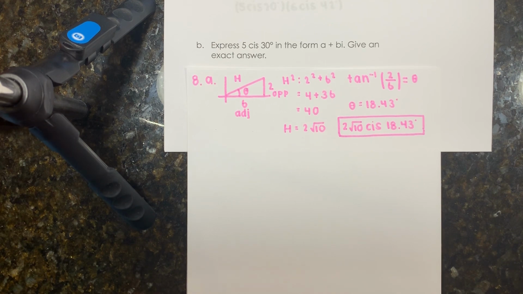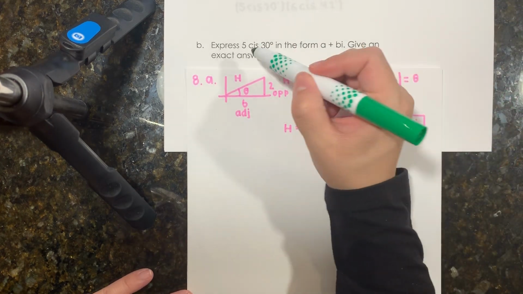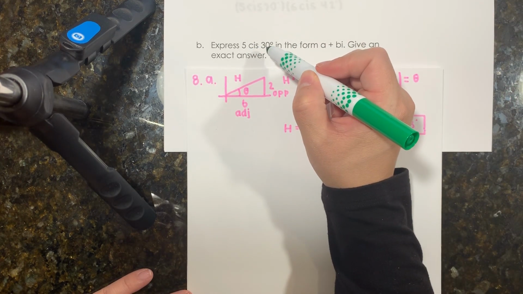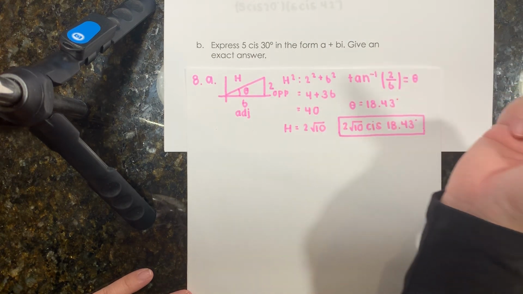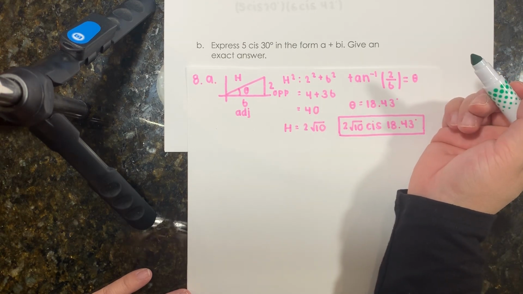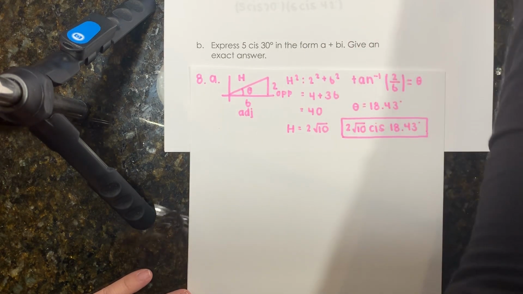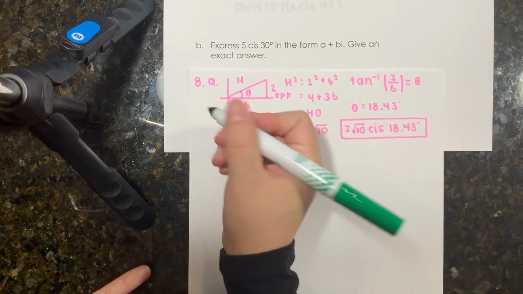Now moving on to part B. Part B is to convert this from this format, which is our polar format, into rectangular format, which would look like this. It says to use an exact answer, which means that because it's 30 degrees, we're going to have to use our reference triangle. So if you don't remember what CIS stands for